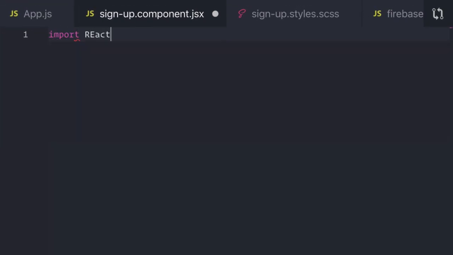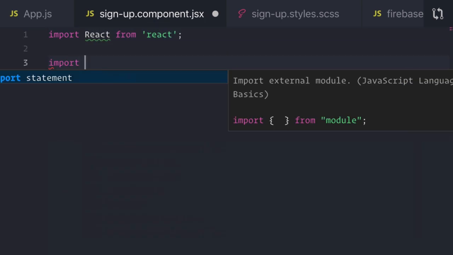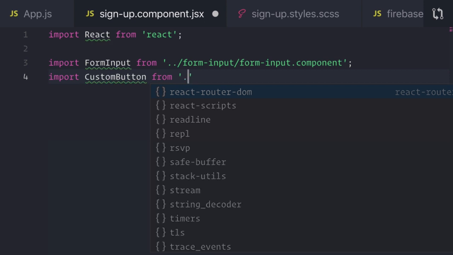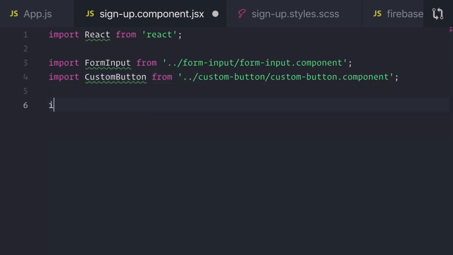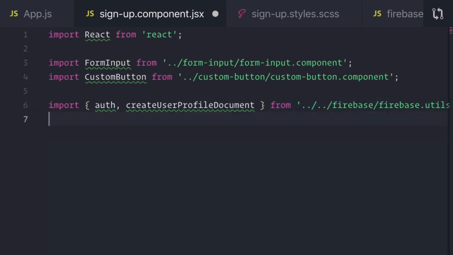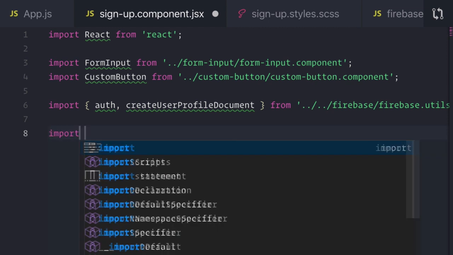We are importing React from React, and we are going to import our form input because we need our form input, and we also need our custom buttons. And then we also need our auth, as well as our create user profile document from Firebase, because we are creating and authenticating new users. Now, let's bring in our style sheet